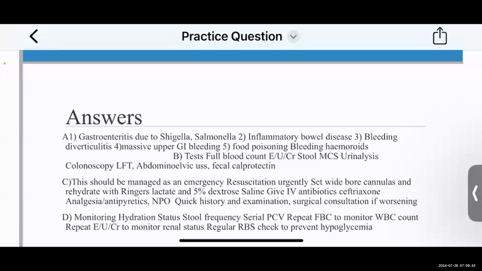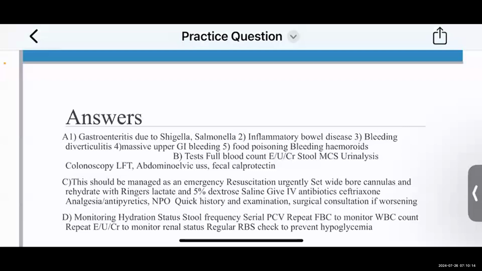Patient should be appropriately resuscitated by immediately setting wide bore cannulas to rehydrate the patient, preferably with Ringer's lactate. We know that GIT losses cause a lot of hypokalemia, and in such patients, I would also want to give them 5% dextrose because of the risk of hypoglycemia. So I want to be sure the patient's glycemic control is also optimal with fluids such as Ringer's lactate and